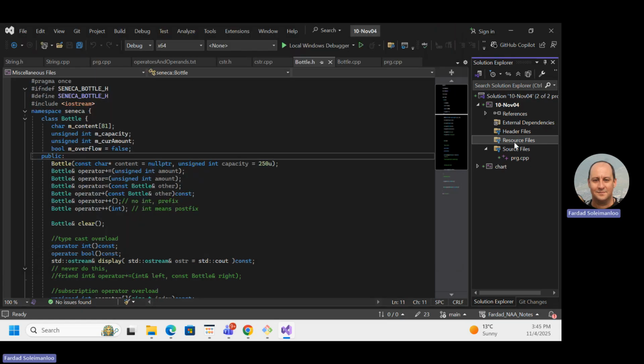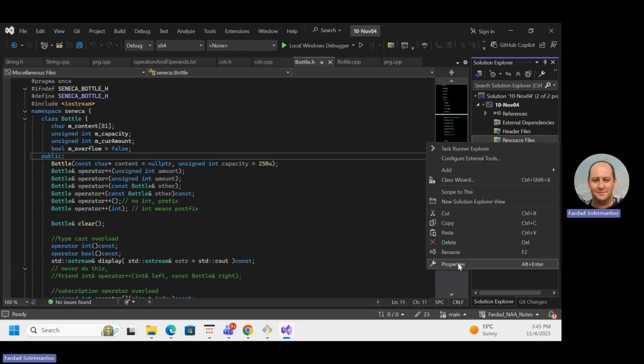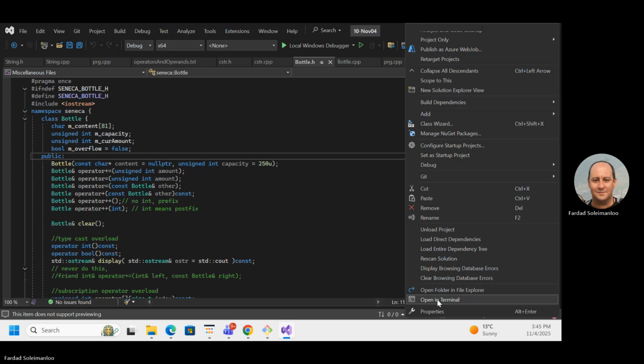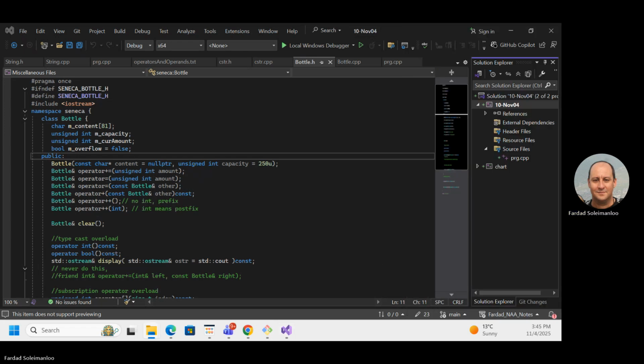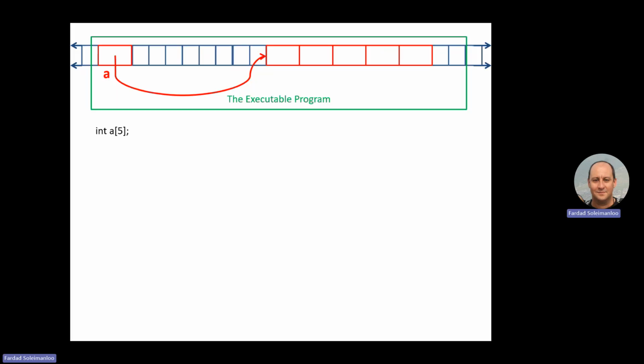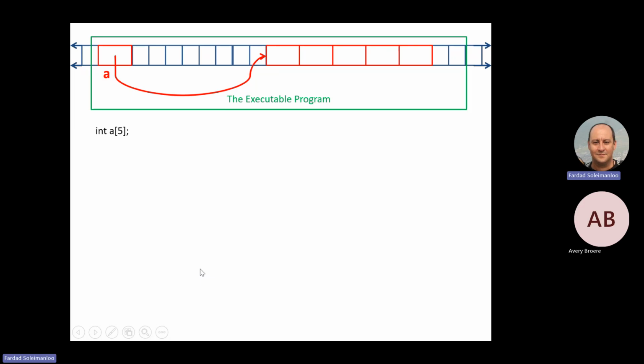So let me open it up and see if I can show you what's going on and why we needed today's lecture. Open folder. Quickly. Yes. Okay. So we talked about dynamic memory allocation. I'm quickly going to go through the things to remind you of what we talked about.